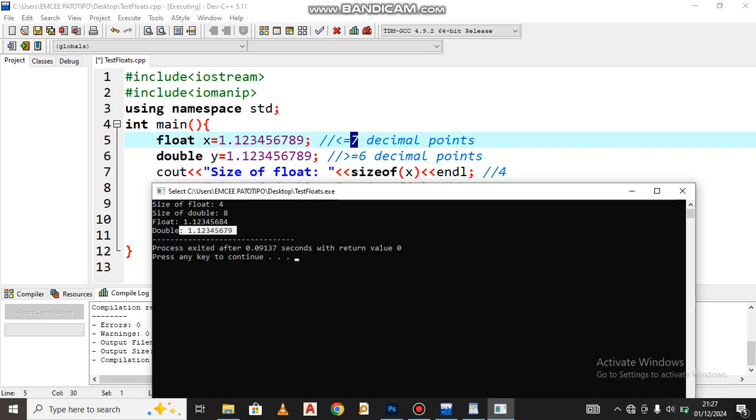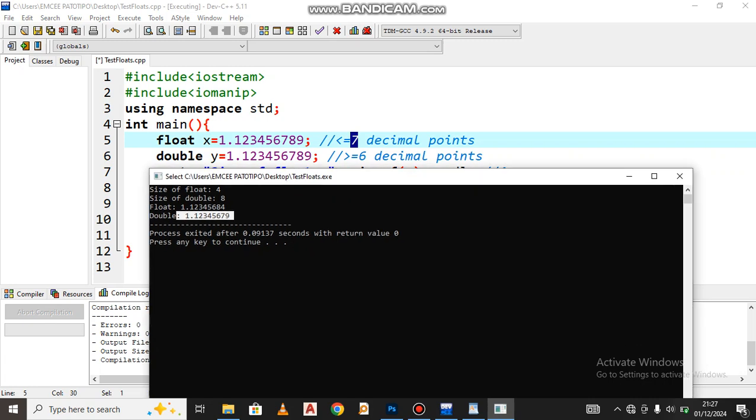15 to 16 decimal points. So that's the major difference between float and double. If you know you have any value that ranges between